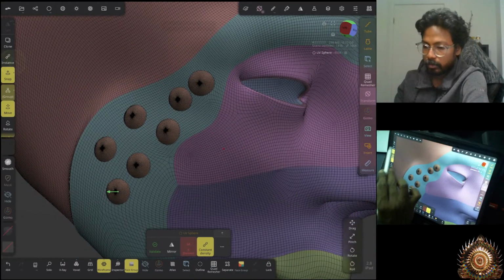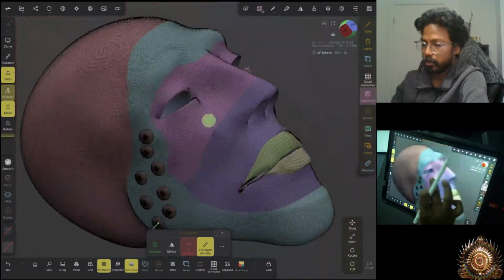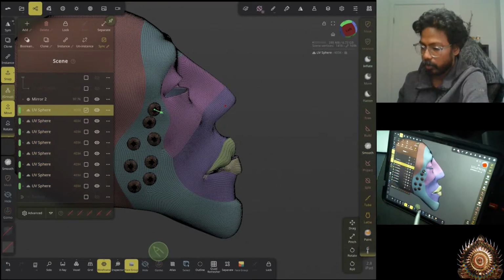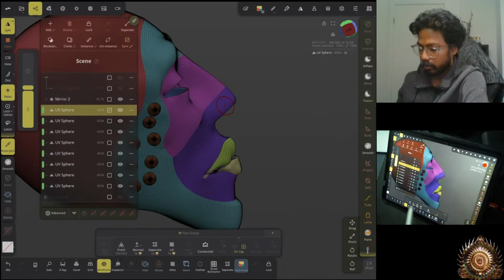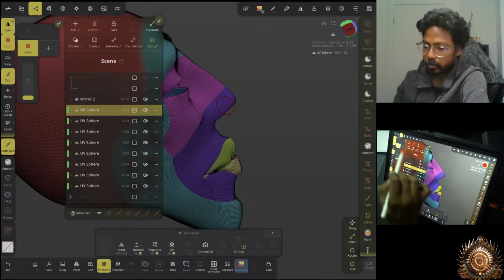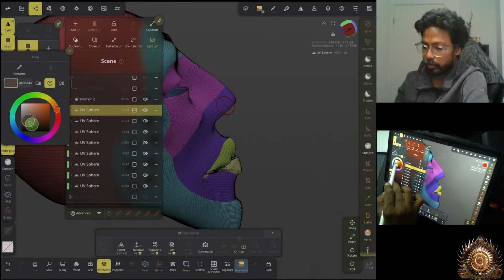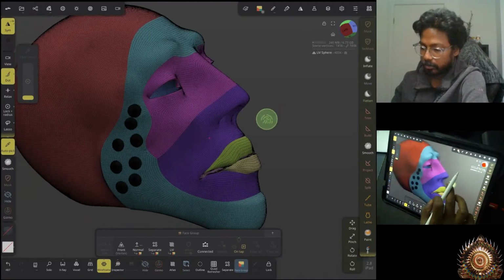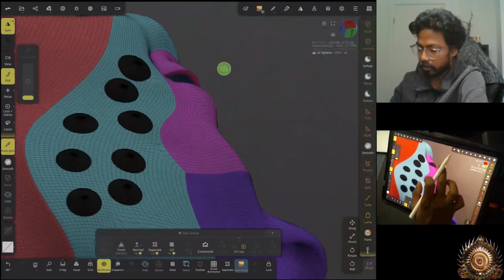And since it is an instance, you can give a different face group for it. Let's say I'm going to give a black color. Okay, so there is a black color dot,